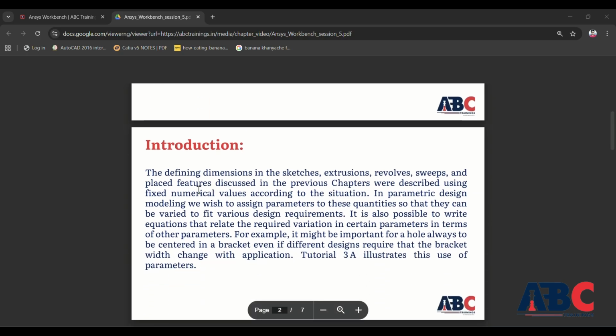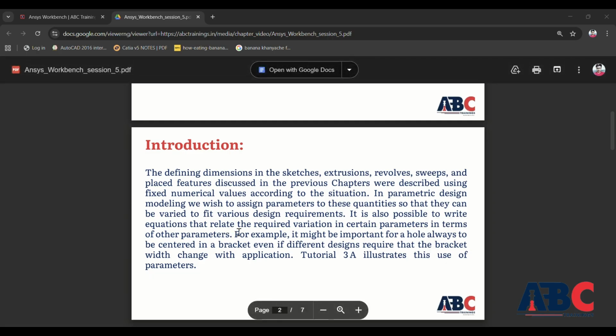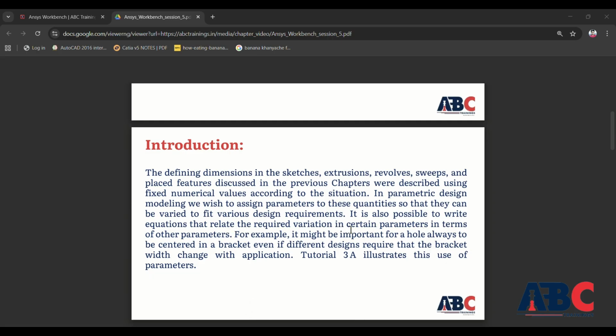Introduction. The defining dimensions in the sketches, extrusions, revolves, sweeps, and the placed features discussed in the previous chapters were described using fixed numerical values according to the situations in parametric design modeling. We wish to assign parameters to these quantities so that they can be varied to fit various design requirements. It is also possible to write equations that relate the required variations in certain parameters in terms